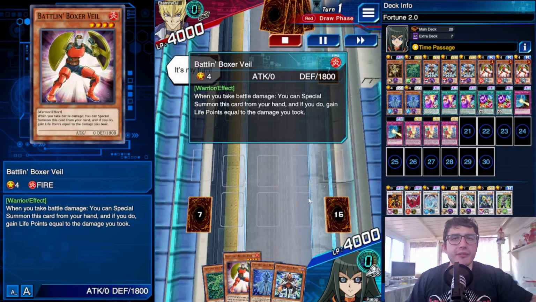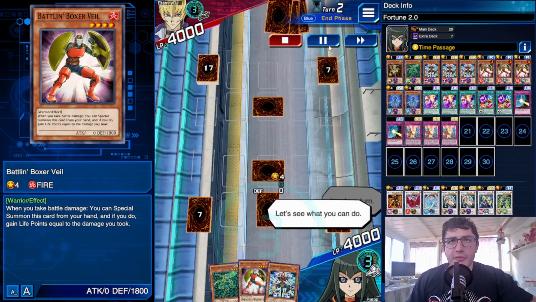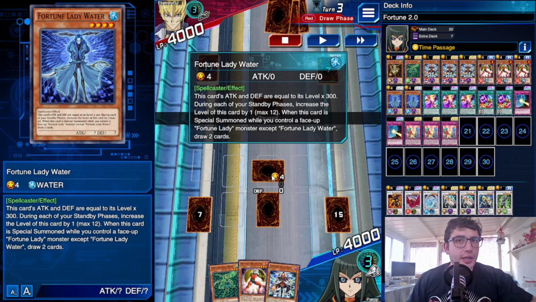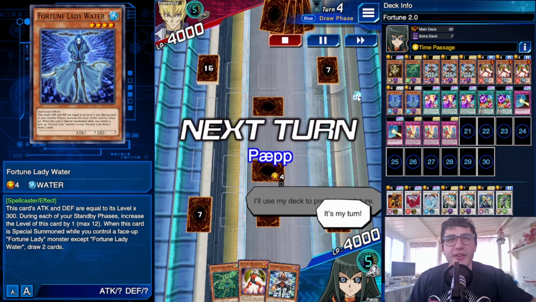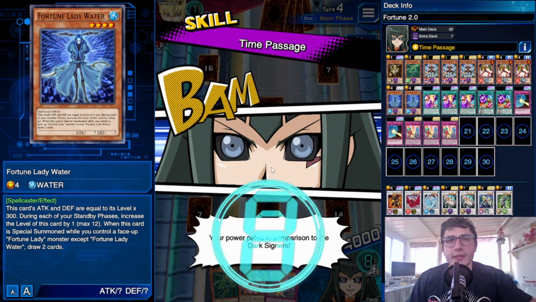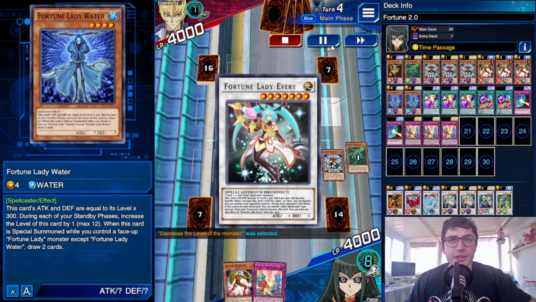We've got a Bottomless Trap Hole reveal, so we should be chilling. But it just began with the set monster. It's fine. We've got the Super Body Team Force Unite, and we can set this because if it's destroyed, it's even better because we can special summon it from the grave and draw those extra 2 cards. So it's fine. I decided to do nothing and we're chilling, so we can just flip up the Fortune Lady Water,